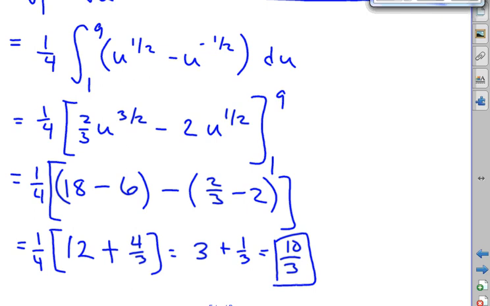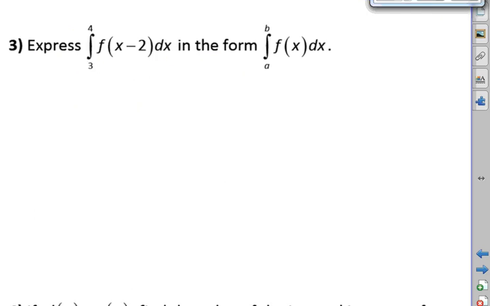So we're going to look at a couple of different types of examples using this property. Okay, example 3 is actually what I did at the very beginning, just worded in a different way. I want to express the integral from 3 to 4 of f of x minus 2 in the form of the integral from a to b of f of x. So you can see that I'm doing the same thing here. I don't know what my function is. At the very beginning, I made my function be x squared, and then we shifted that 2 spaces to the right. So this is essentially what we're doing here. All we're doing is, this is the function f shifted